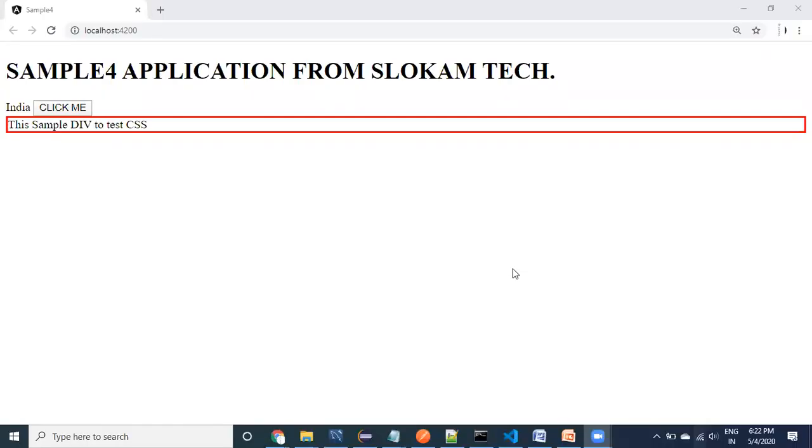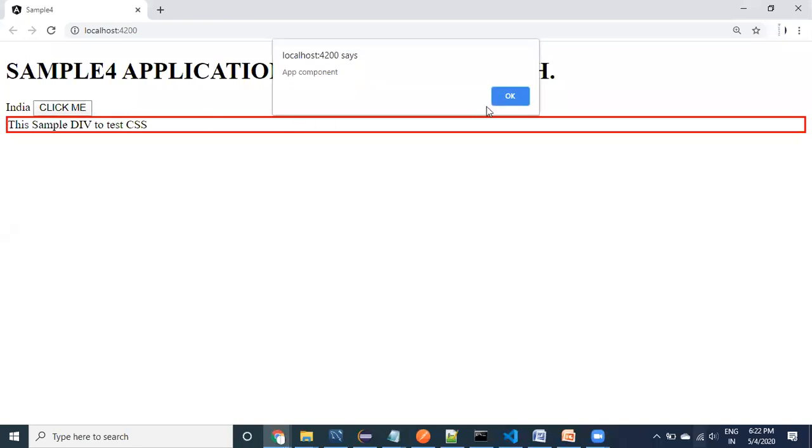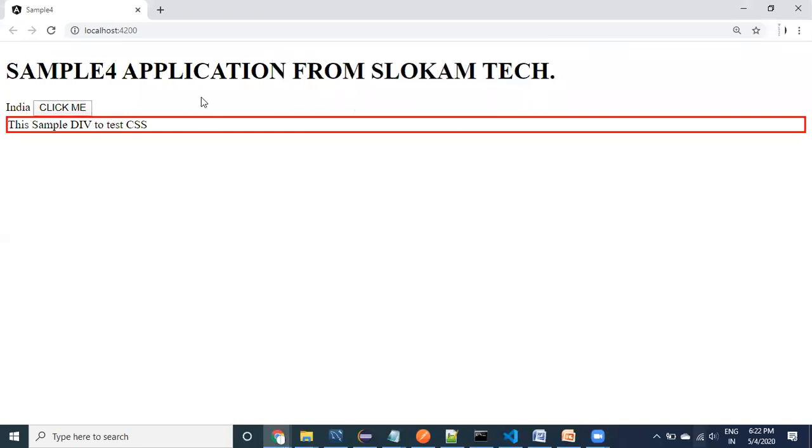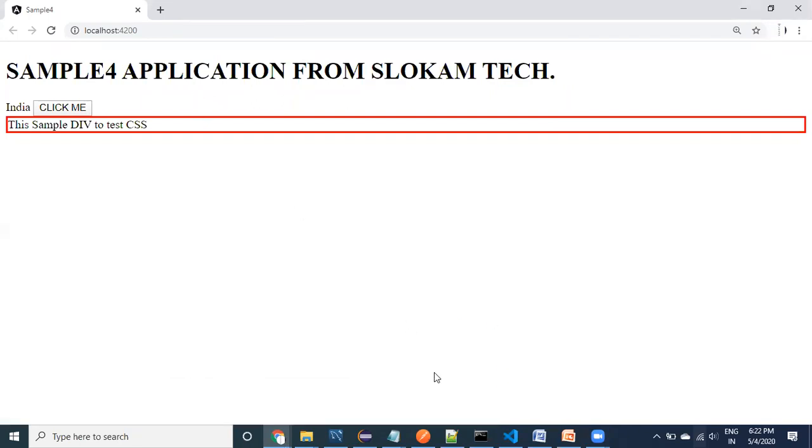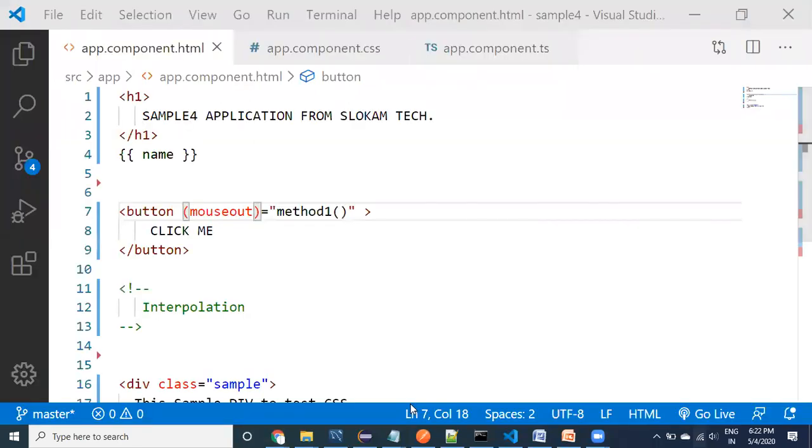Whenever we say mouse out, some action is happening. What action are you doing?